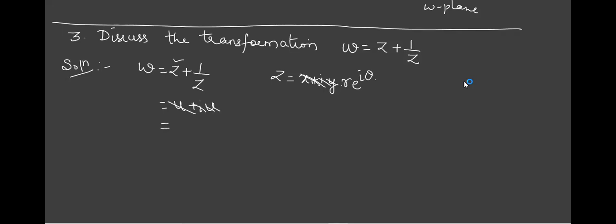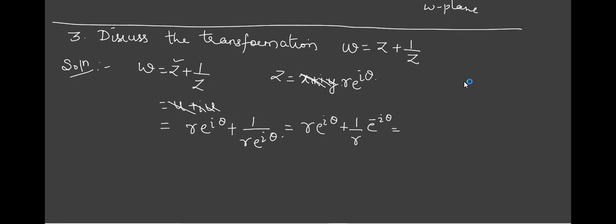Okay. Now what is Z? Z is R E raised to I theta, plus 1 by Z, means 1 upon R E raised to I theta. Correct? Now ultimately we want to express it as U plus IV form. So there is no problem. This is okay. This imaginary number e raised to I theta, this we need to simplify. How can I write this 1 upon e raised to I theta so that I can apply some formula? E raised to minus I theta. Yeah, take it in the numerator, it carries a negative power.